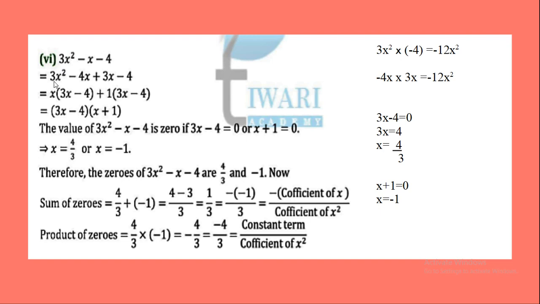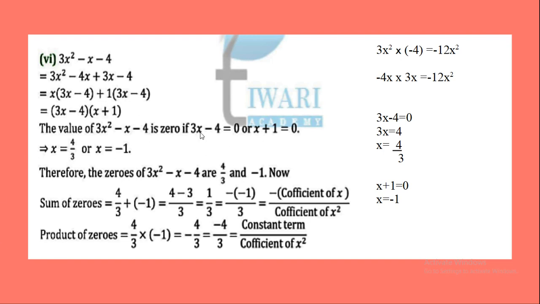And now we can write this polynomial as 3x square minus 4x plus 3x minus 4, and taking x outside from this 3x square minus 4x, we will get x into 3x minus 4, and from this we can make this 3x minus 4 as 1 into 3x minus 4. Okay. Now this 3x minus 4 is the common factor. Taking this outside, we will get 3x minus 4 into the remaining x plus 1. Thus we get this polynomial as the product of its two factors, and the factors are 3x minus 4 and x plus 1. That is, when 3x minus 4 equal to 0 and when x plus 1 equal to 0,